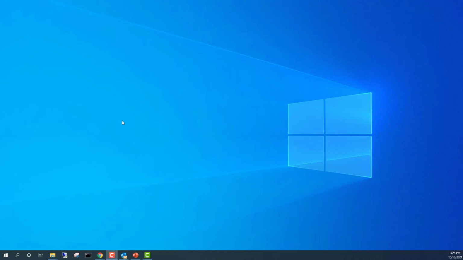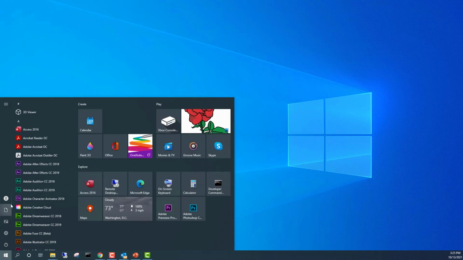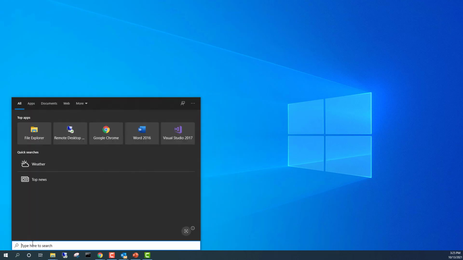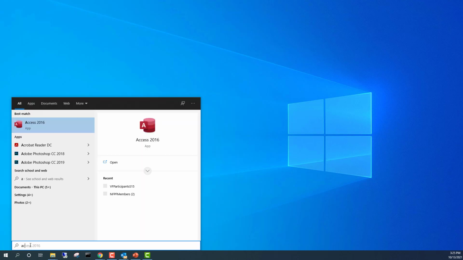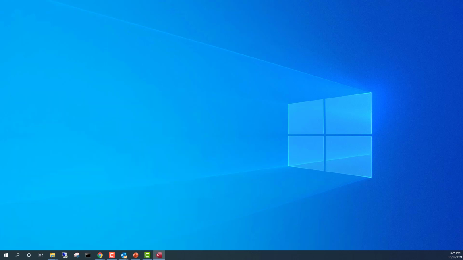Okay, we're going to start at the Windows desktop, and we're going to come down and click the search, or we can click the start button. We're going to do the search, and in here we're going to start typing Access, and you notice when it pops up, Access will come. So we're going to click and hit enter,